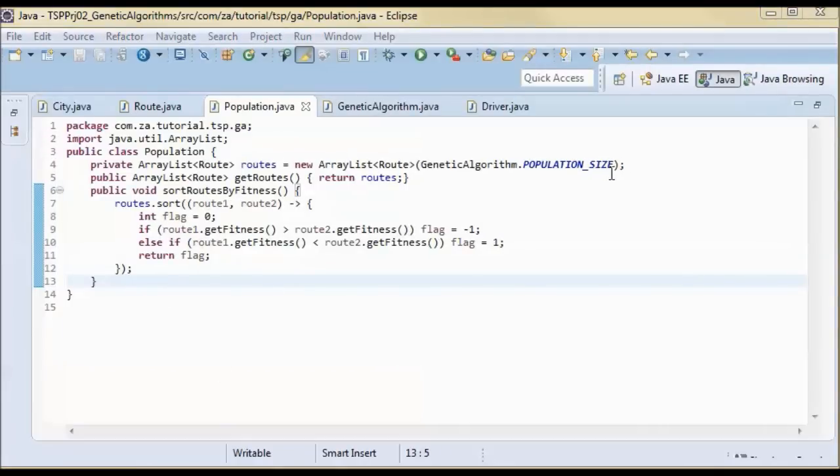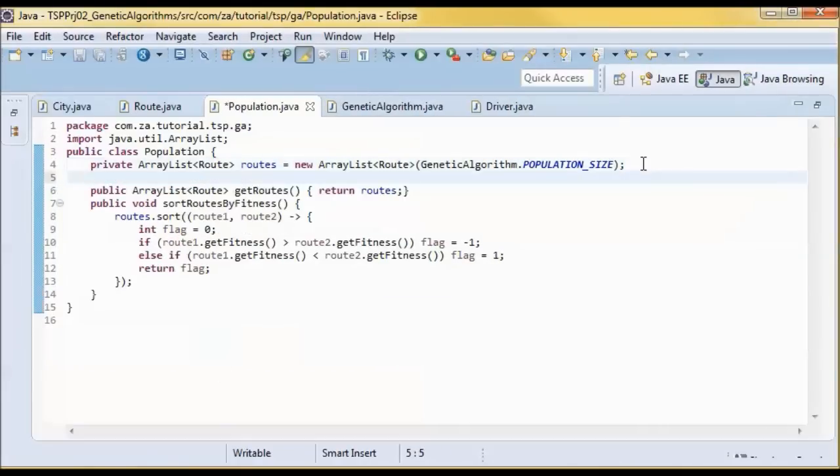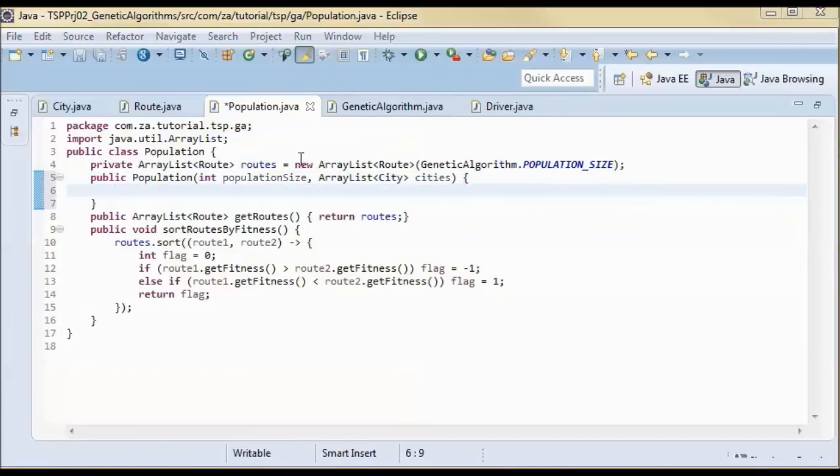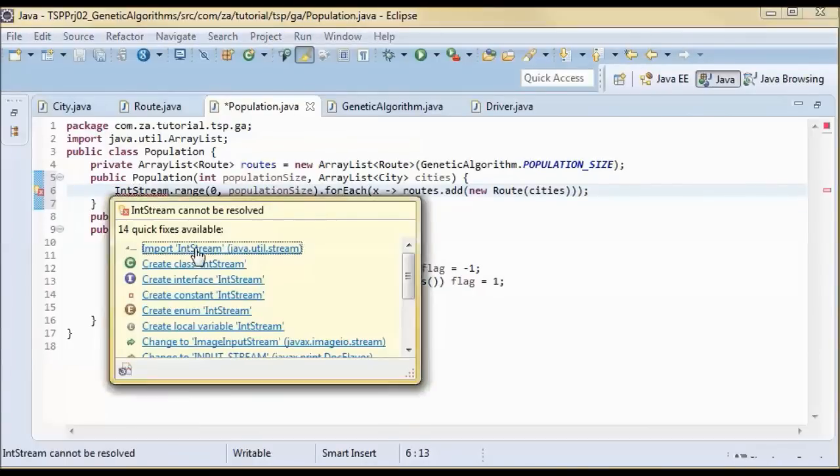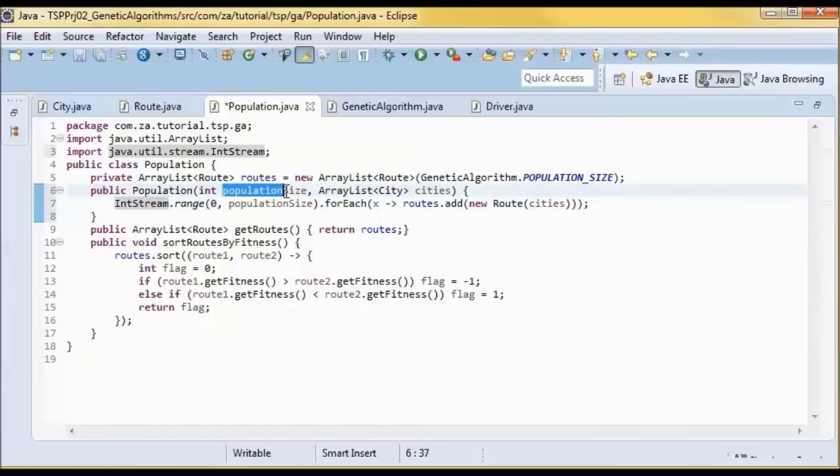and I will use Java 8 to sort the routes by their fitness, and we need a constructor that initializes all the routes given the population size.